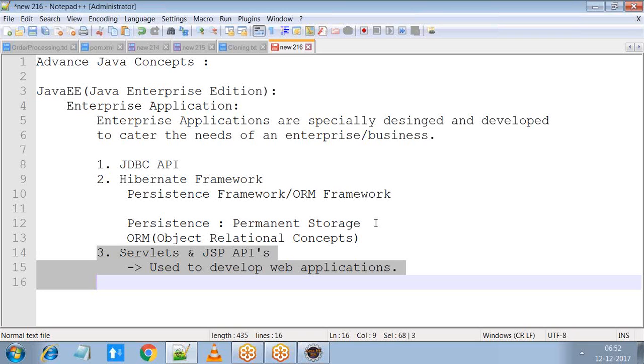But if you want a detailed discussion of servlets and JSPs, and still insist, I'll be sharing the recordings of the previous sessions where I've discussed servlets and JSPs in depth. Definitely, I'll be providing access to them. Next, we'll be learning